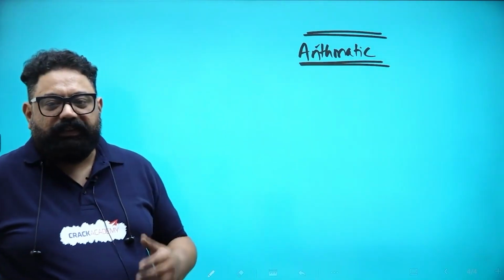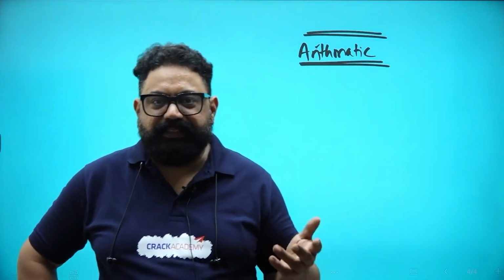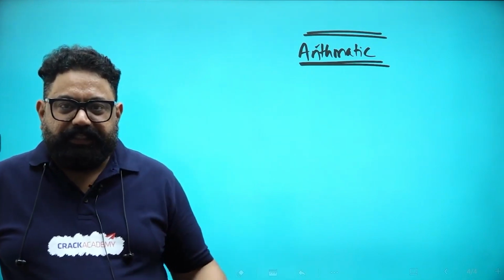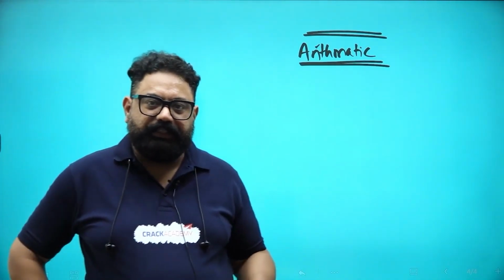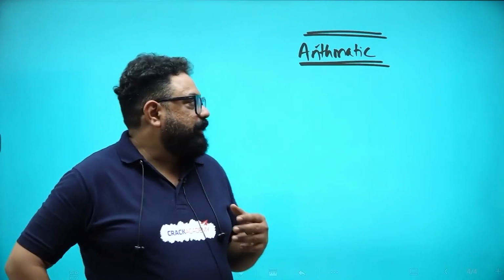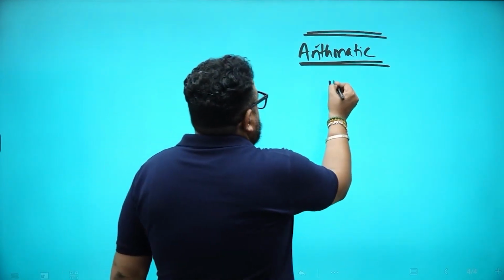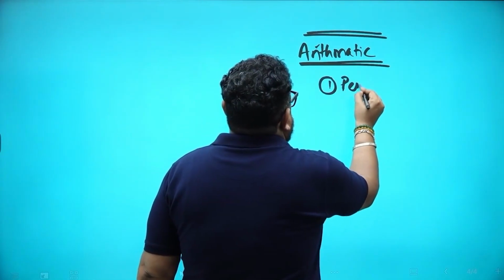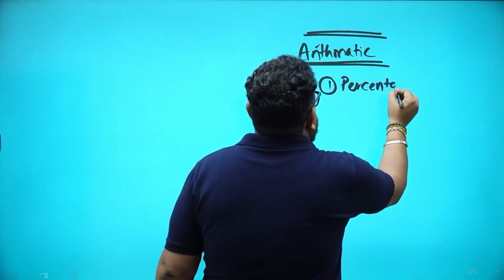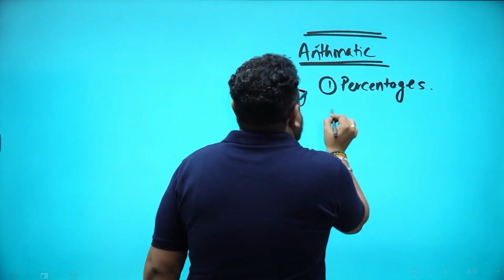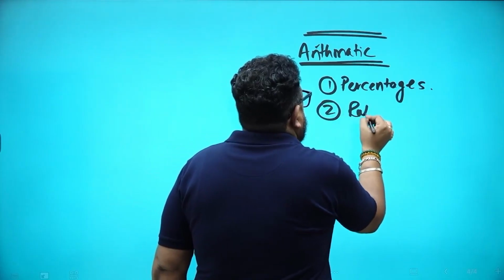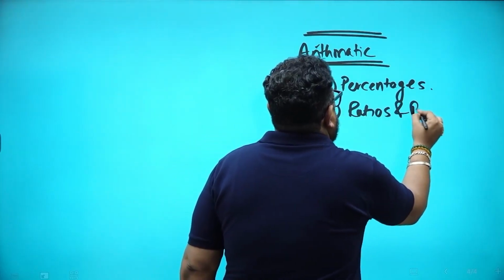So now the first part was numbers, the second part is algebra, and then the third part, arithmetic. Arithmetic is a tool which is used day to day, isn't it? Day to day we use percentages, we use ratios. So when we talk about arithmetic, the core ingredients are percentages, ratios, and proportions,